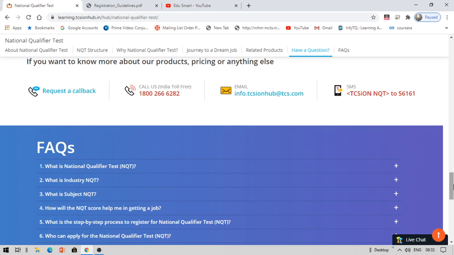If you get a good score in that exam, that score will be updated to your profile. If you are not interested to take the exam again, that's up to you. If you wanted to reapply, you can do that and you can change your score. You can improve your score so that there are a lot more chances to get placed when TCS or any other company hires. So that is about cycles of exam.